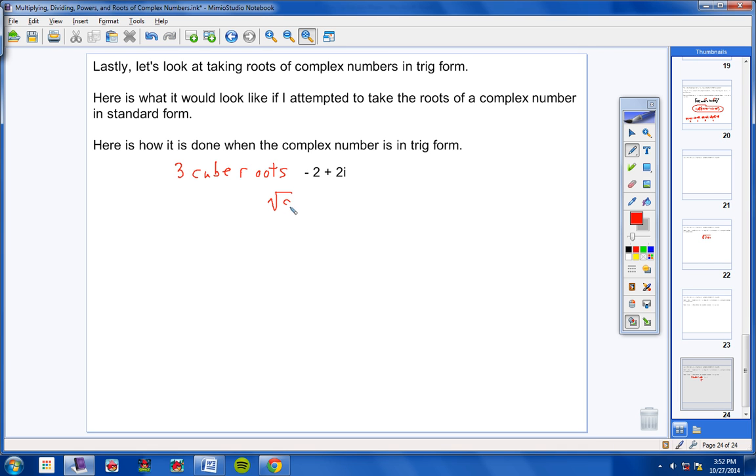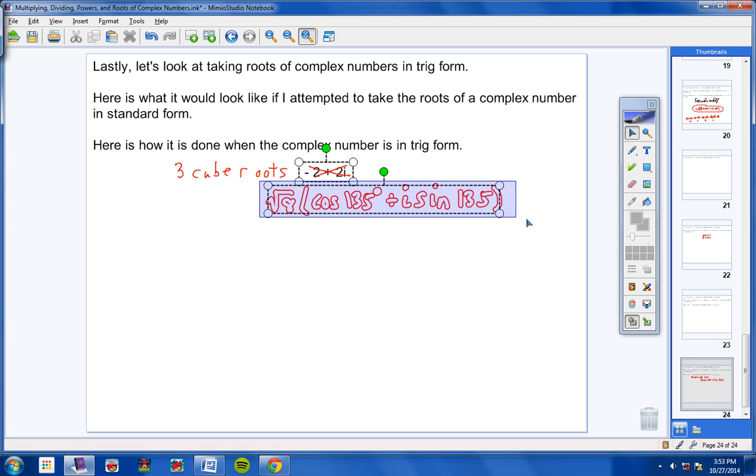Go ahead and take notes on this, guys. Square root of 8 cosine 135 degrees plus i sine of 135 degrees. There we go. So I rewrote this into this. Now all I have to do is teach you how to find the cubed roots of this,